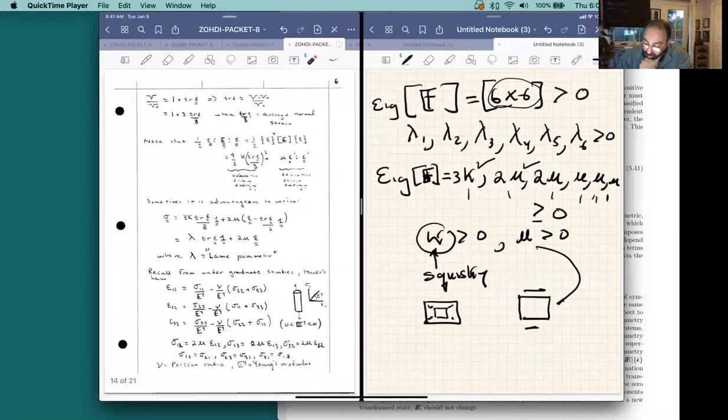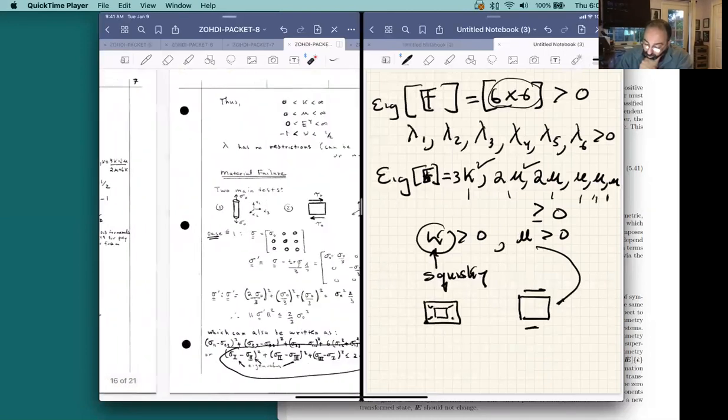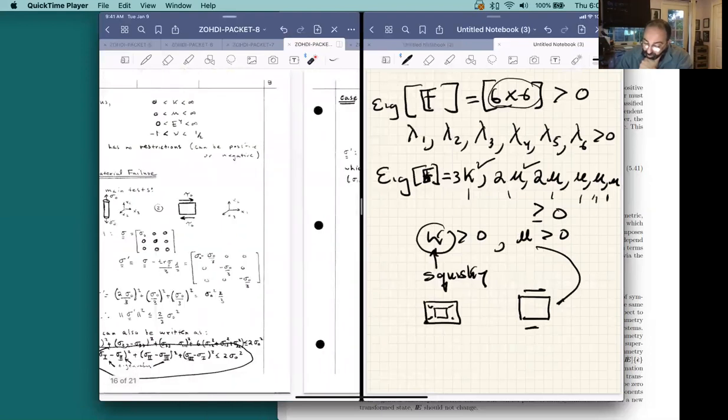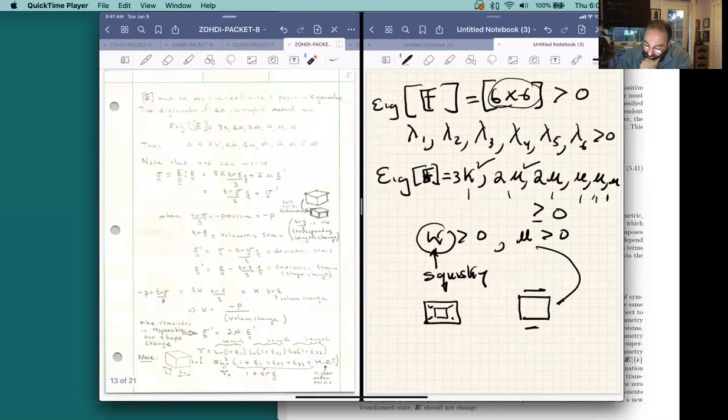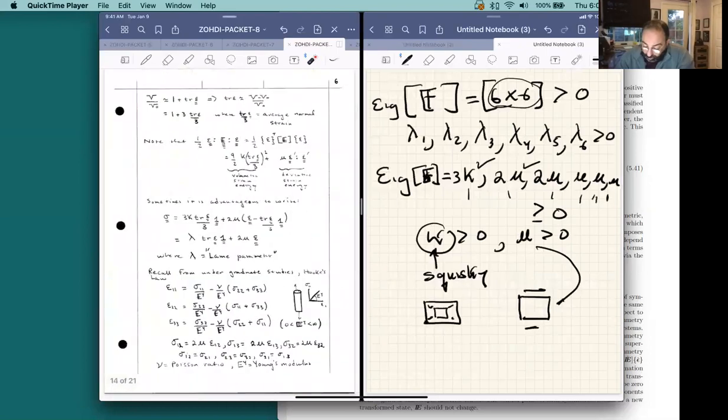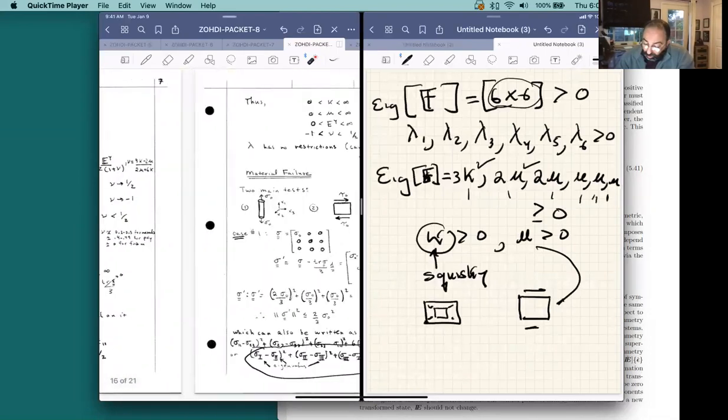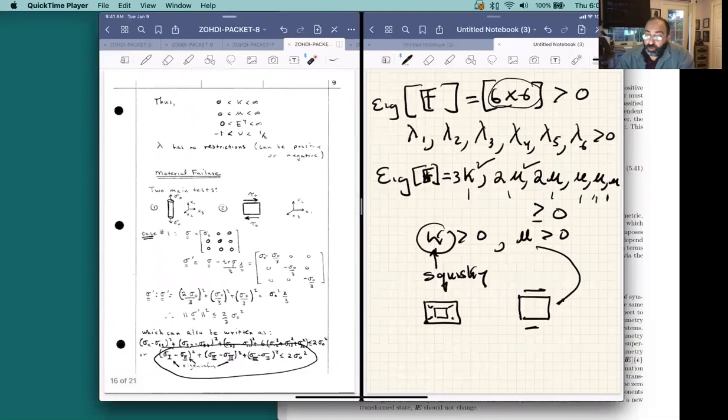So what ensues now in the next pages in packet number 8 is a lot of discussion about exactly what these constitutive laws are and what they look like. Now, I know this is a lot of information, so I'm going to stop here today, but I want you to promise me that you are going to look at everything starting at the middle of page 5 and go through all of the algebra to understand what these material constants are, and we'll review those next Tuesday. Then we'll start fresh and early with